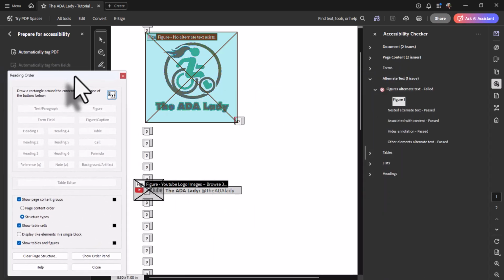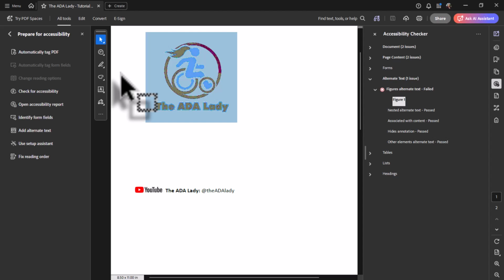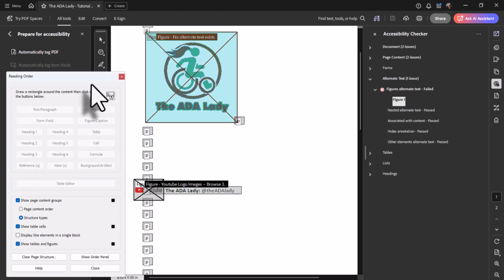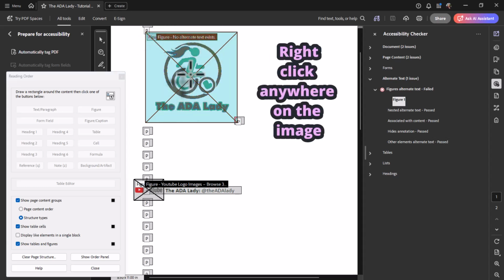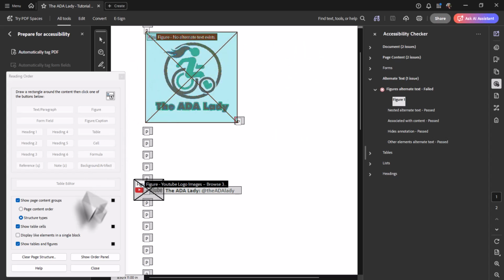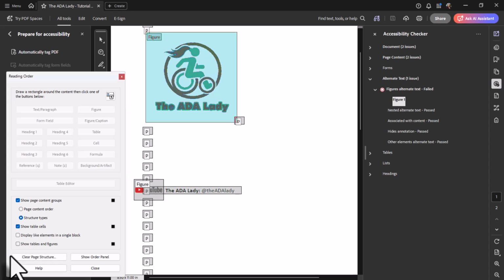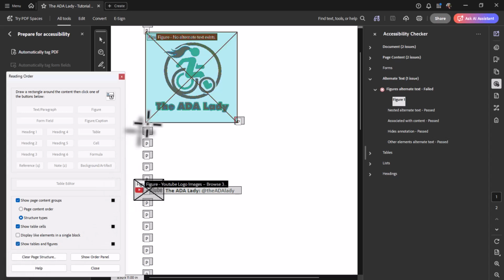So I'm going to tuck this up here because if we close this, all of your tags disappear. So I'm going to pop that open one more time. And we can see in this preview, it says figure no alternate text exists. So you just right click anywhere. And the reason why I have this X on here is I check this item, show tables and figures. If you uncheck that, the X's go away. I like to keep them checked so I can see the parameters of how big that image is, because sometimes images have a lot of white space or they may extend across the page, so you're able to grab it and tag it. So now that we can see what that is and we have identified which one is missing,